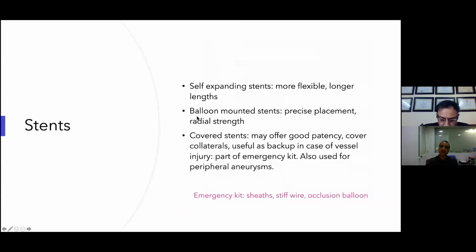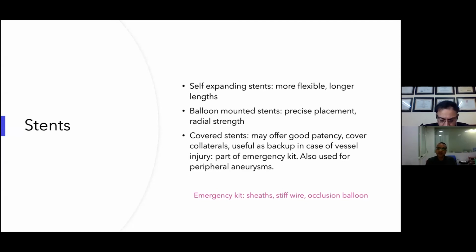They have high radial strength, but of course I would not like to use them across a joint. Then covered stents offer good patency, but they cover the collaterals, so if the stent gets occluded, the patient is not going to have any collaterals as a backup. In case of a vessel injury, as might sometimes be seen in external iliac or common iliac artery angioplasty, these are a very good backup.